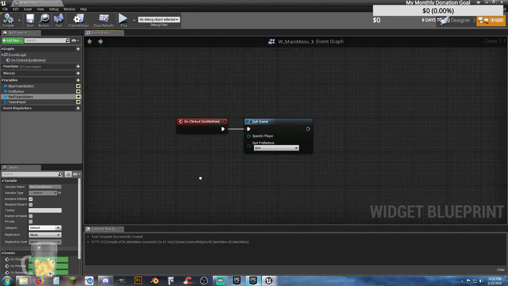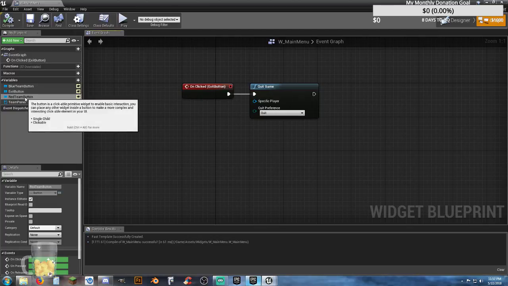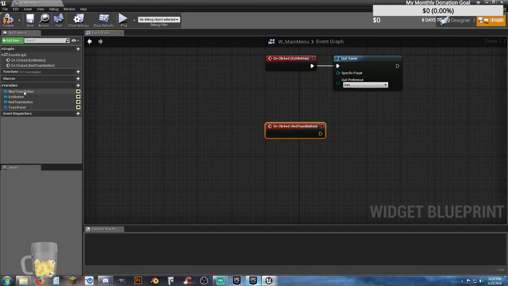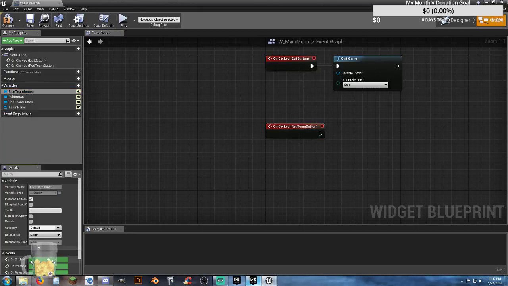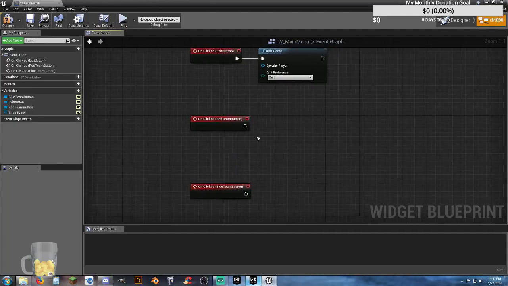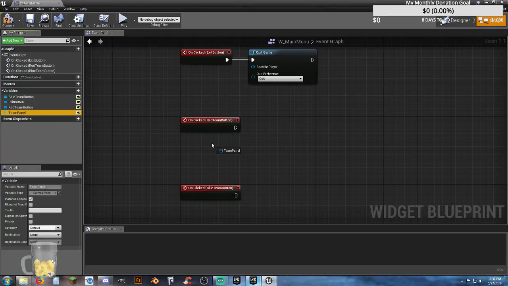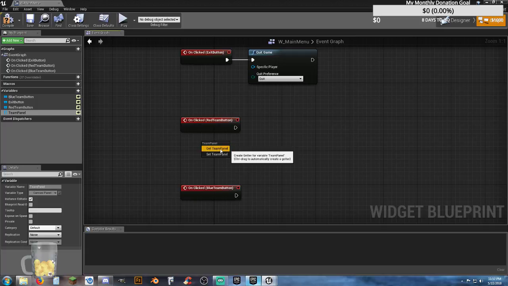If we look at our graph now, we can actually come over here and see that we got red team button, team panel, blue team button. So we'll start off with red team button unclicked, blue team unclicked. So when we first click on the red team button, what do we want to do? We want to grab a reference to our team panel and get,